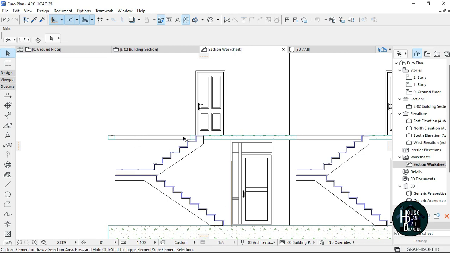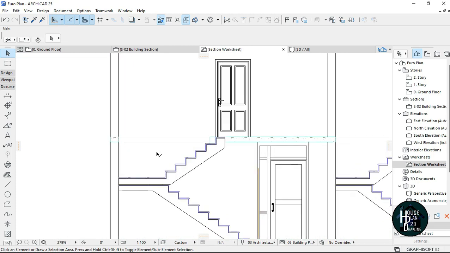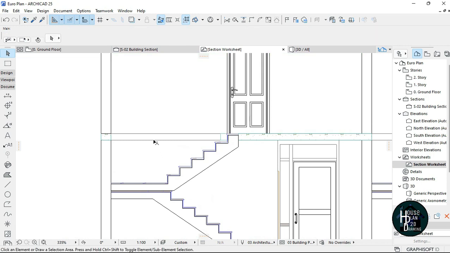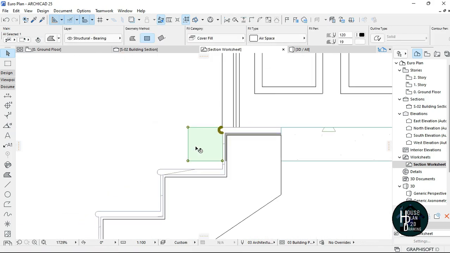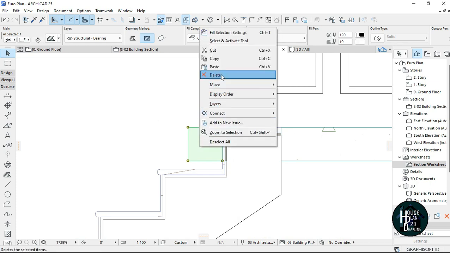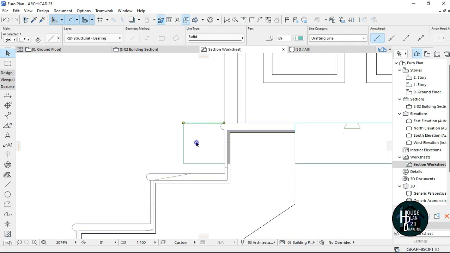You don't want their head to be hitting this slab right here. So this place is just going to be a plain wall, which I'm going to delete now. So try not to make the mistake of not deleting this part, because if you take it to the architect now, the architect is just going to tell you that no, you have to do this and change this. So just make sure that is